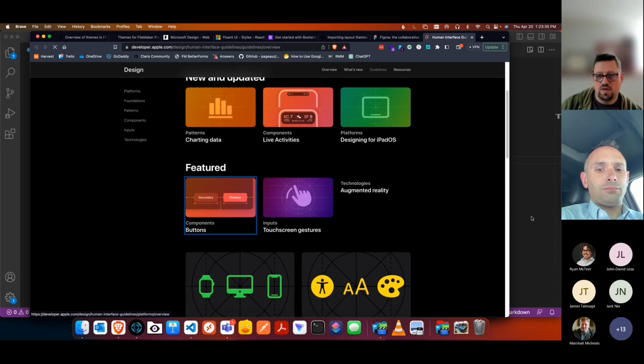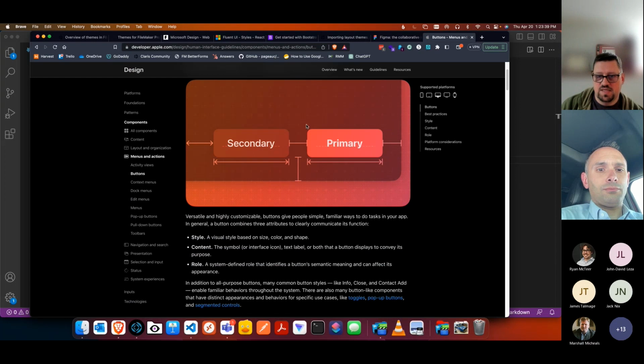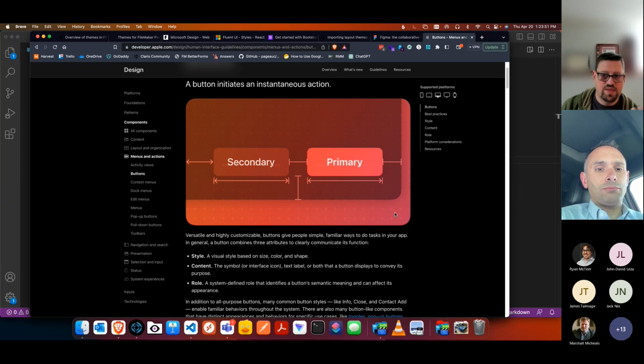So I'll go in here to buttons as an example. You can see this has a primary style and a secondary style. You can also see that the primary button is on the right and the secondary button is on the left. So this might apply to a form that you're building for somebody to fill out, and it might be on